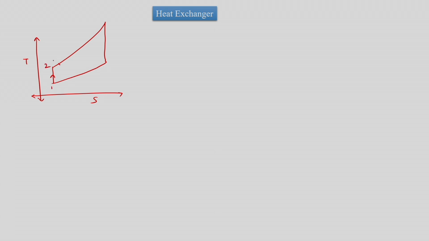So, 1 to 2 to 3 to 4 to 5 to 6. So, in the heat exchanger we should say that the amount of heat gained by the air at exit of compressor in heat exchanger is equal to heat lost by gas, but practically we are going to work with air standard.